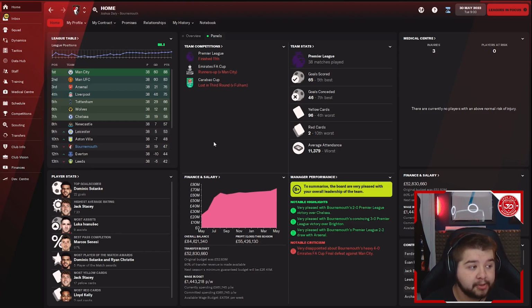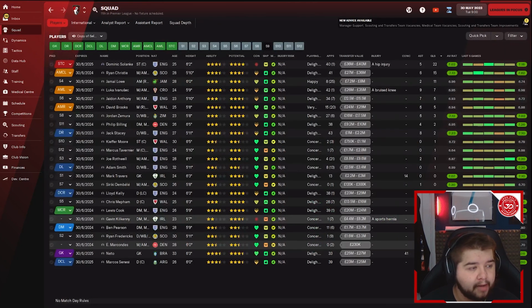Obviously, a top half or mid-table finish in the first season. Something which I think Bournemouth fans would snap up in an instant if you offer that to them in real life right now. Going into terms of squad stats then, so we've got 22 goals for Solanke,